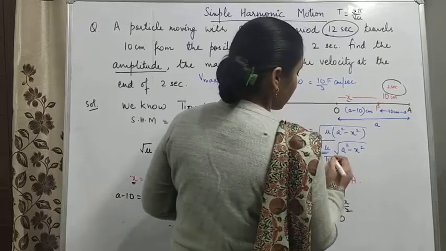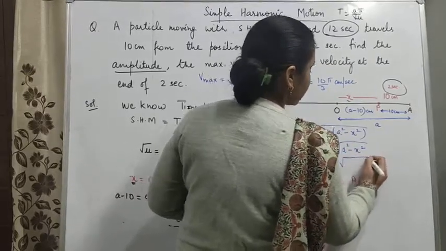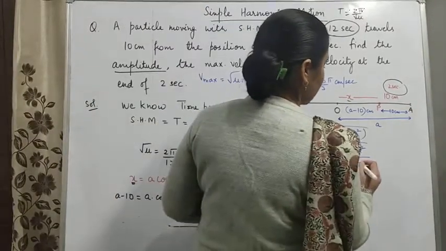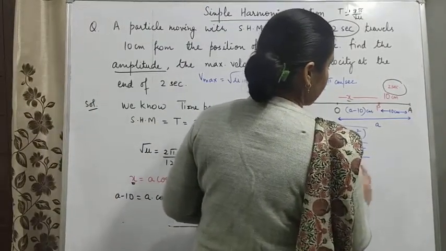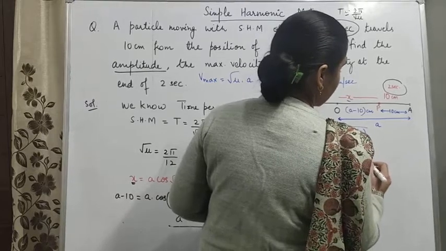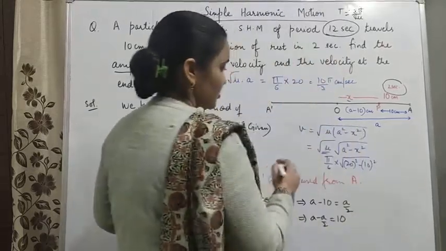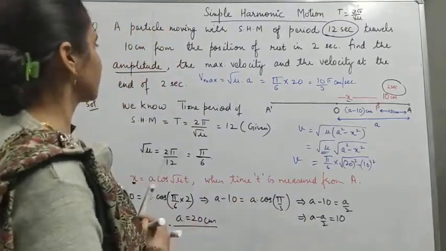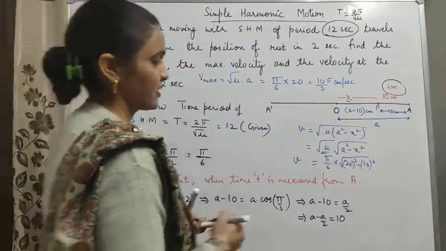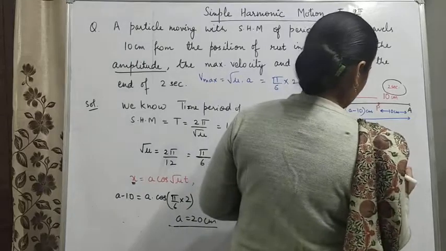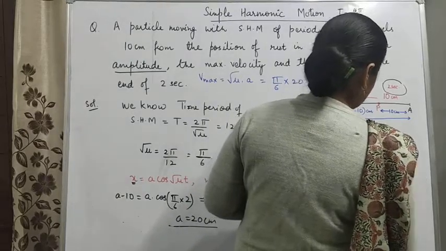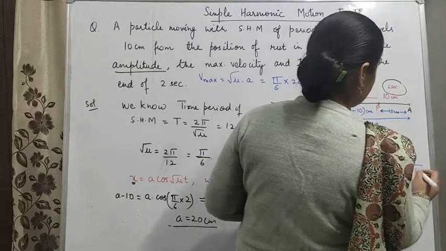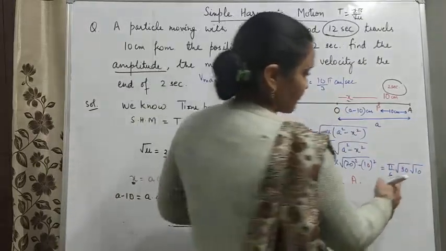So it is π/6 into √(a² − x²), amplitude is 20 और x अभी हमने निकाला है 10, so it is 20 का स्क्वायर minus 10 का स्क्वायर. So this much is the velocity at the end of 2 seconds. क्लियर? So इसको कैलकुलेट कर लो, π/6 into, 20 plus 10 is 30, 20 minus 10 is 10, so it is 30